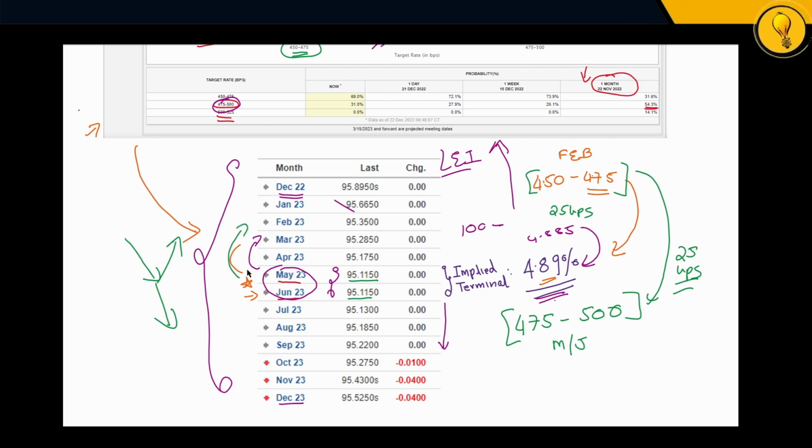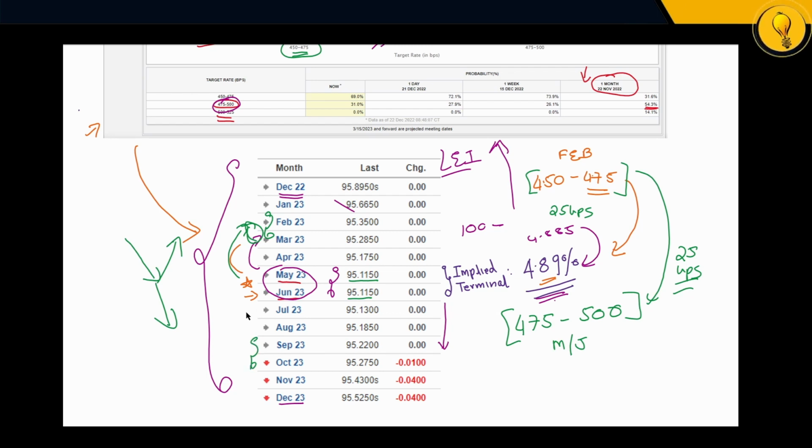So essentially, if the market says, hey, we're not going to be topping out May or June, we might be topping out all the way in Feb, March instead, right? If we start topping out in Feb, March, that's going to be bullish. But instead, if the opposite happens and the market starts saying, hey, you know what? Inflation is back on the cards. We need to wipe out inflation again. We are going to top out only all the way in September, October. Well, that's going to be bearish.